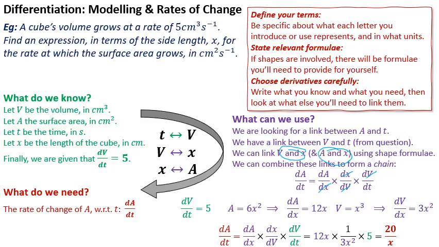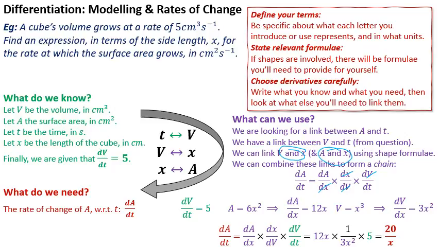So if the cube has side length of 10 centimeters, then the surface area will grow by 2 centimeters squared every second while you're increasing the volume at this fixed rate of 5 cc's a second. But once the cube has grown to a larger size, say 20 centimeters on a side, then the area is now only increasing at a rate of 1 square centimeter a second. Once x becomes 100, the surface area is only increasing at a rate of 1/5 of a square centimeter a